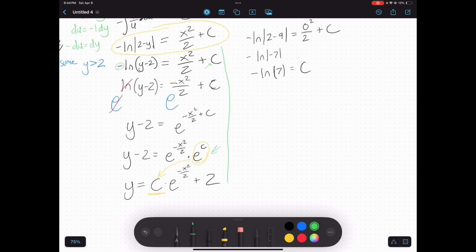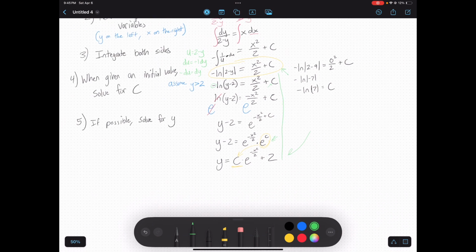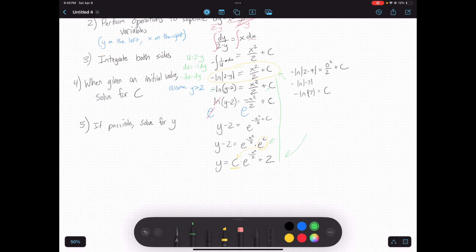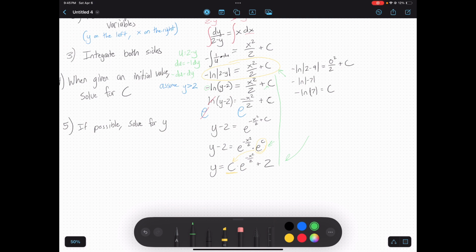Here I did e to the C power, but because it was arbitrary, I just left it as a C. Well, that will get you into trouble if you solve for C up here, but you've already done all this work. So when you're solving for C, you have to decide one way or the other. You can't try and do both, because right now we're going to get into trouble because we did them both ways. So either